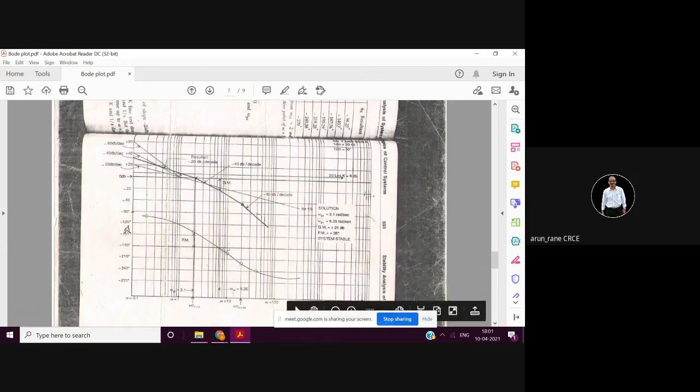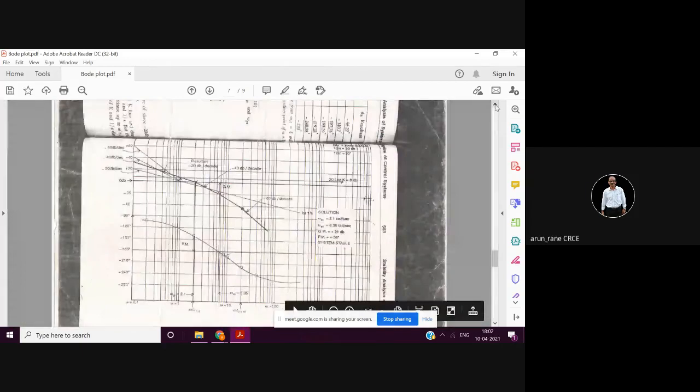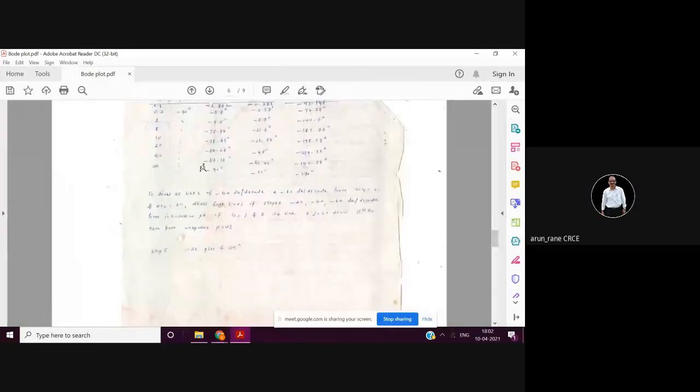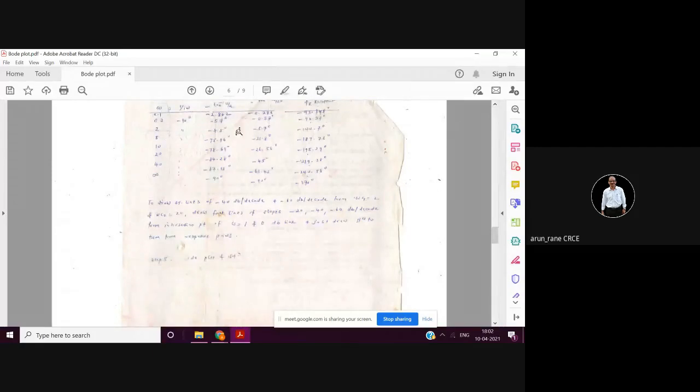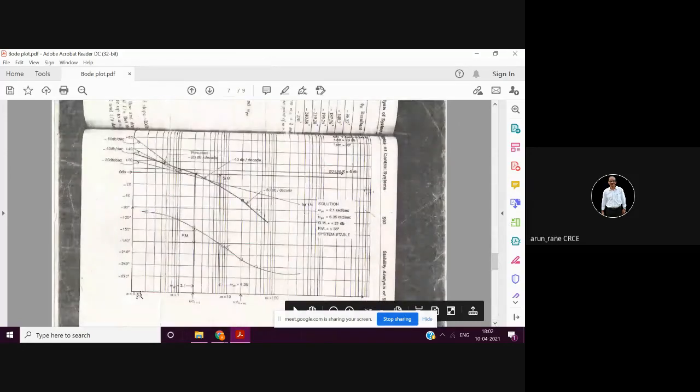You understood this? Yes, sir. Now you know the table, isn't it, which you have prepared. So identify now, for point 1, what is the angle? Minus 93.148. Point 2, minus 96.27. So point 1 is here, okay, and then point 2 is somewhere here. So minus 93, it will come down, then minus 96, that is here. Are you getting this? And then just draw a line like this.